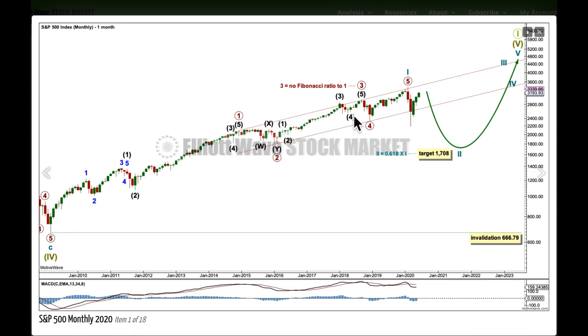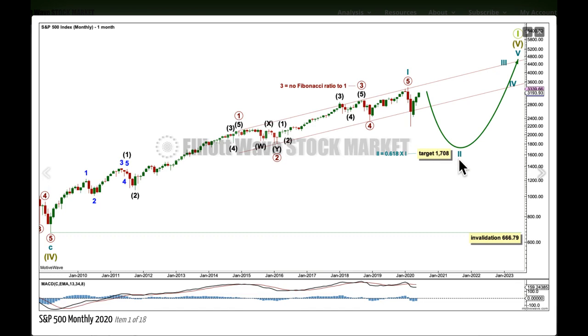Because this channel has such a good fit, it is a compelling indication that this may be the correct way to label the bull market, but it is not the only way, and I will consider other possibilities. If 5 steps forward is over here, then we're entering 3 steps back, and the question now becomes, is it over there, or is it going to continue, and what structure is it going to be?